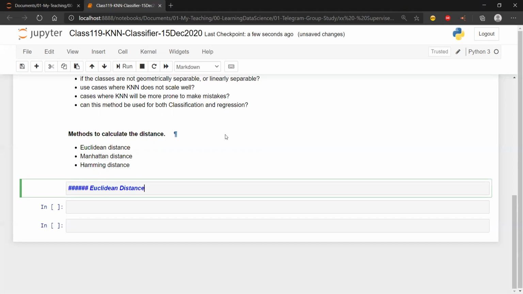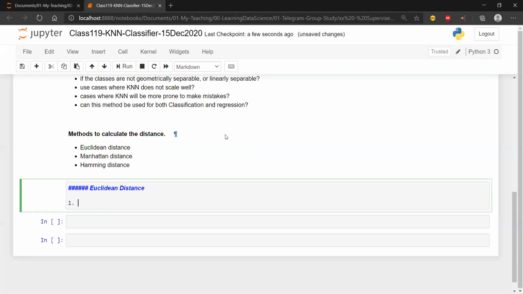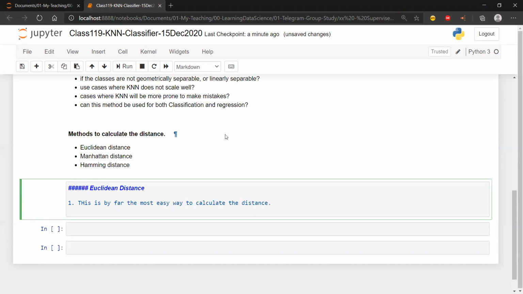Let's look into Euclidean distance. This is by far the easiest way to calculate the distance. Let's say in a 2D, or two-dimensional, setup, I have two axes x and y.